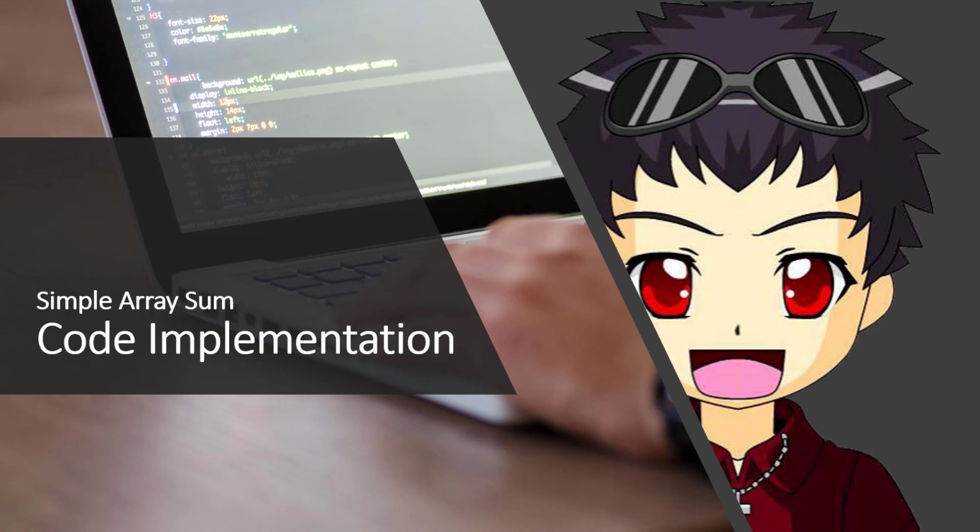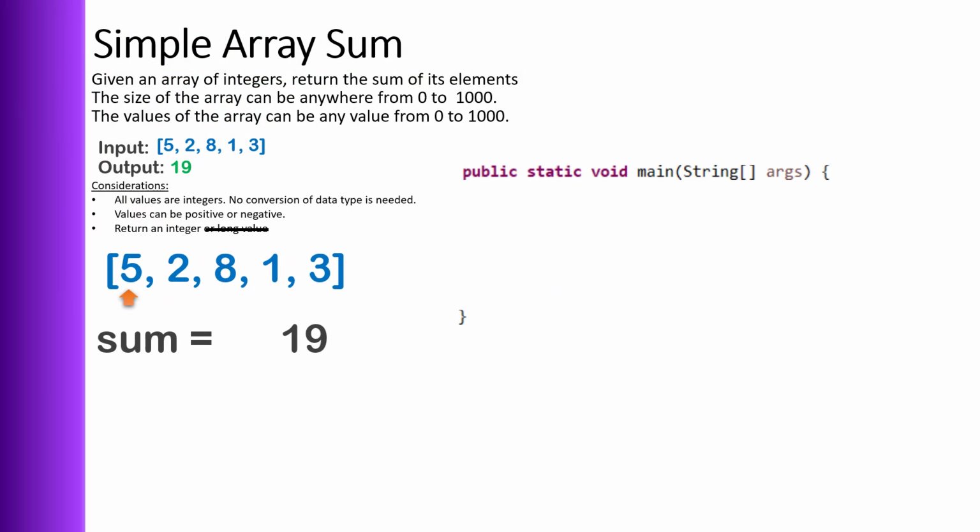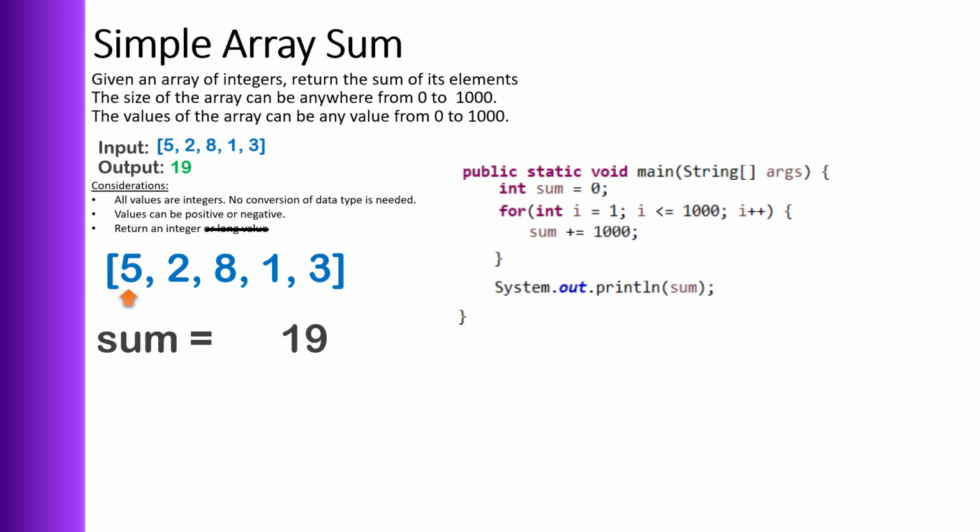Let's look at the code implementation. Of course, sometimes we are not sure of what's the maximum value we would need, so maybe we can do a sample program first. So sum is equal to 0, return the value. Since I am not sure, we can have any value from 0 to 1000, so maybe I'll start looping and adding 1000 plus 1000 plus 1000 until